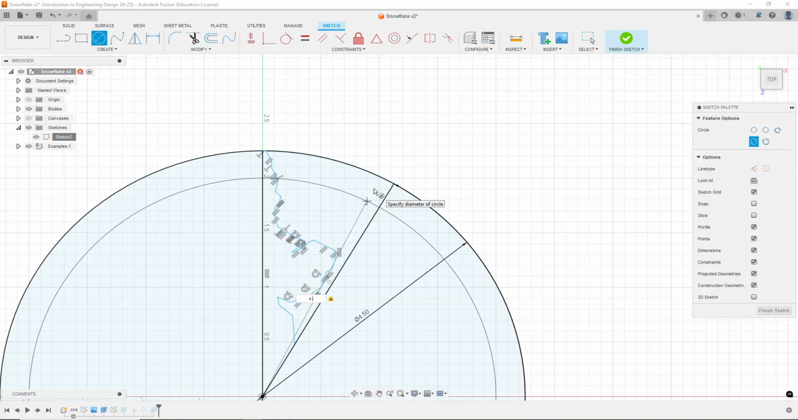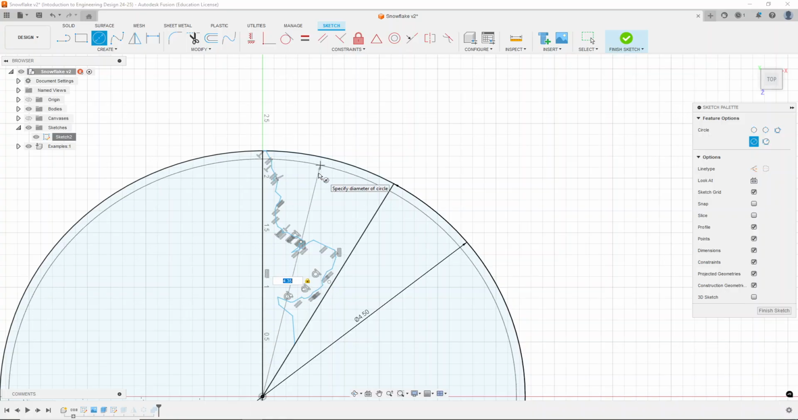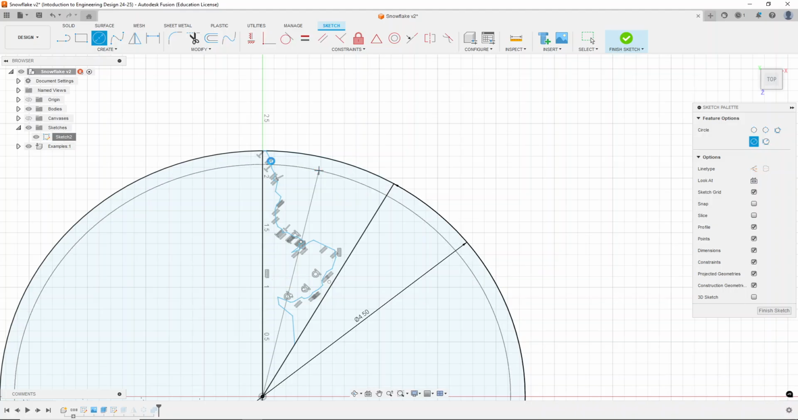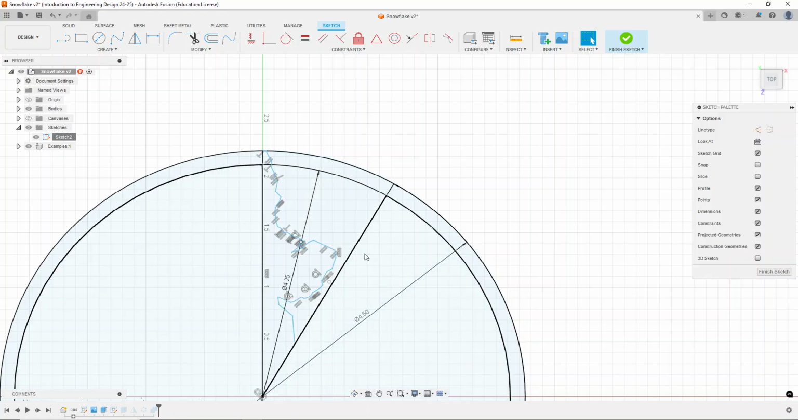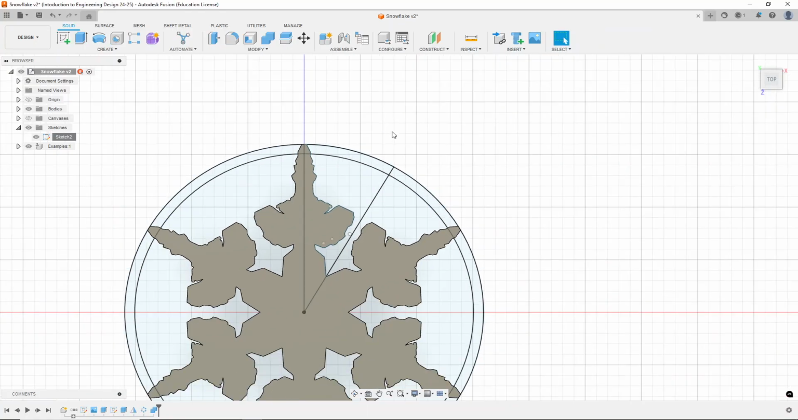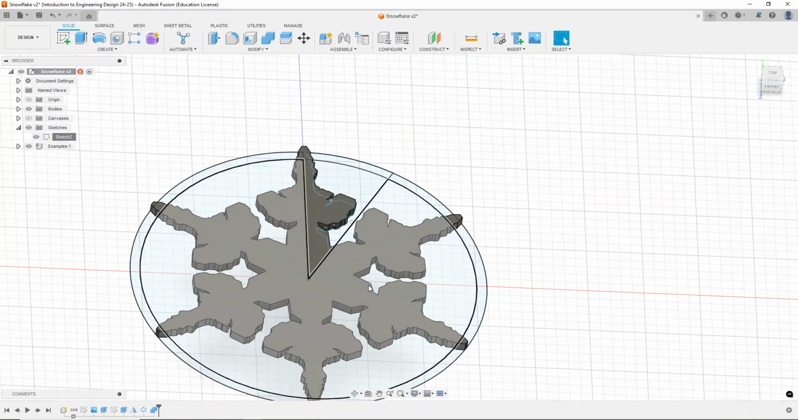If you'd rather make it like 4.35 or something like that, so there's a thinner edge, it's entirely up to you, but just know that the thinner you make it, the more delicate it will be. So now I've created those two circles. I can hit finish sketch again, and then it does all that same stuff,